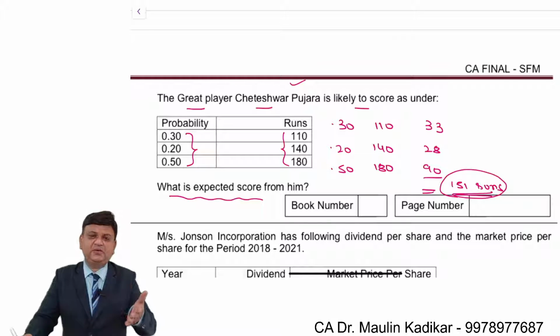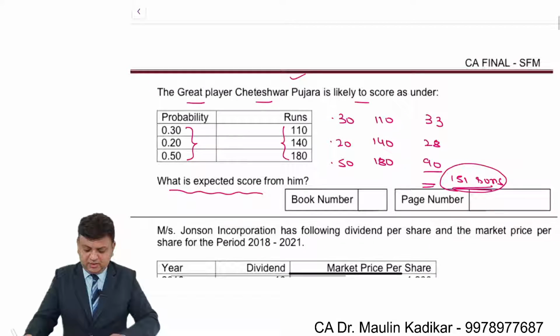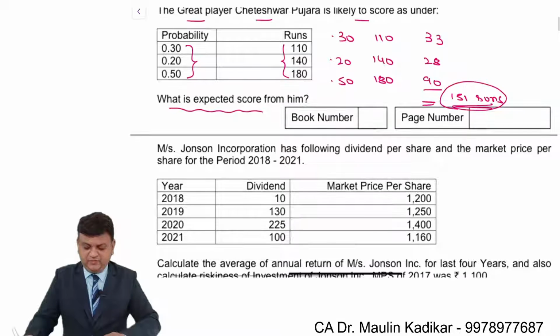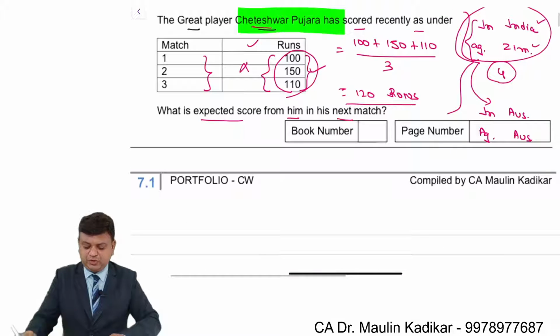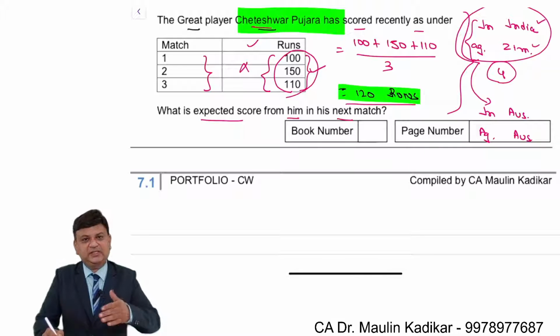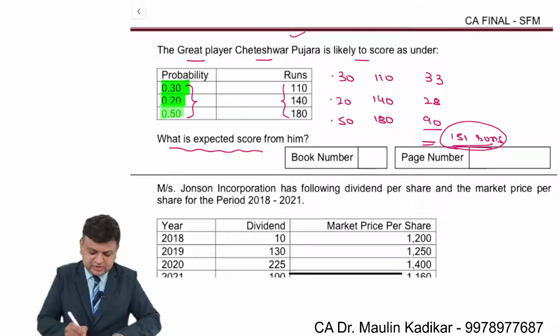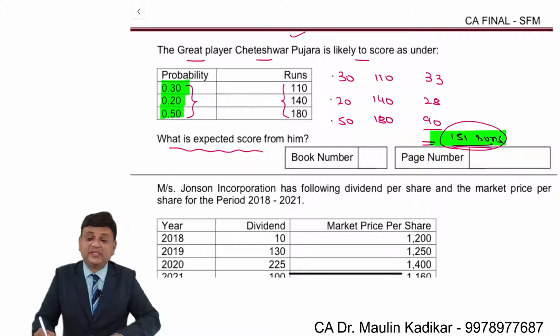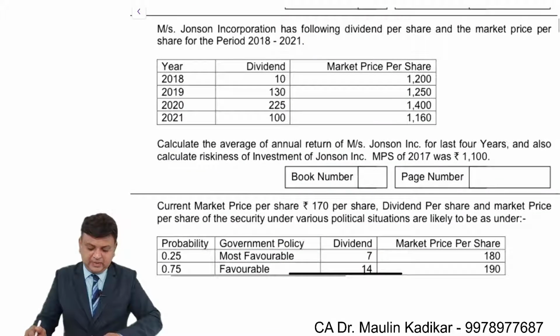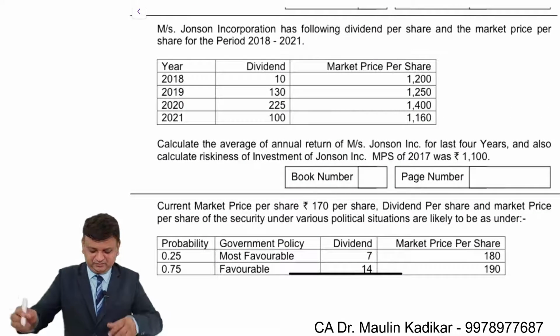So friends, we understand over here that we can have the prediction about the future score of a player either taking the past into account, considering that we are expecting the past to repeat in future, or otherwise we may have the probability distribution method for the purpose of estimating the future performance or the expected performance of a player. This is what we understand. Even going further, just for discussion,